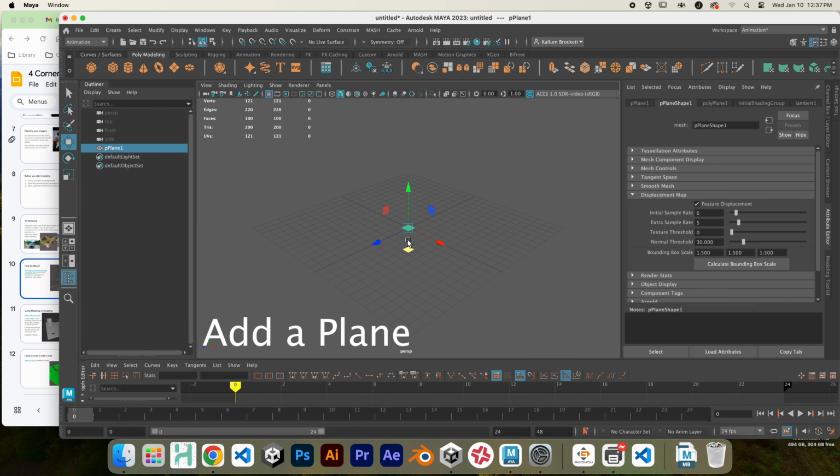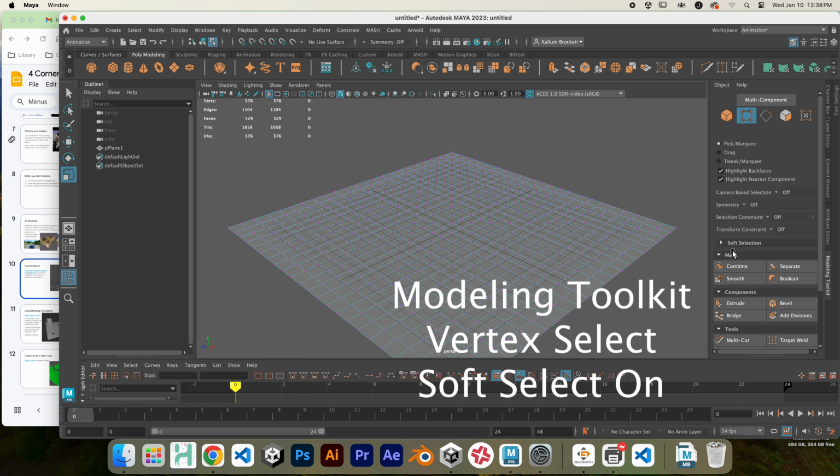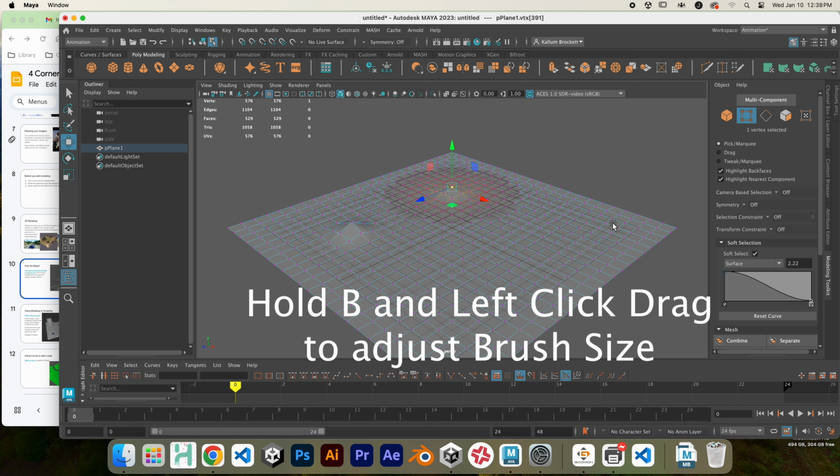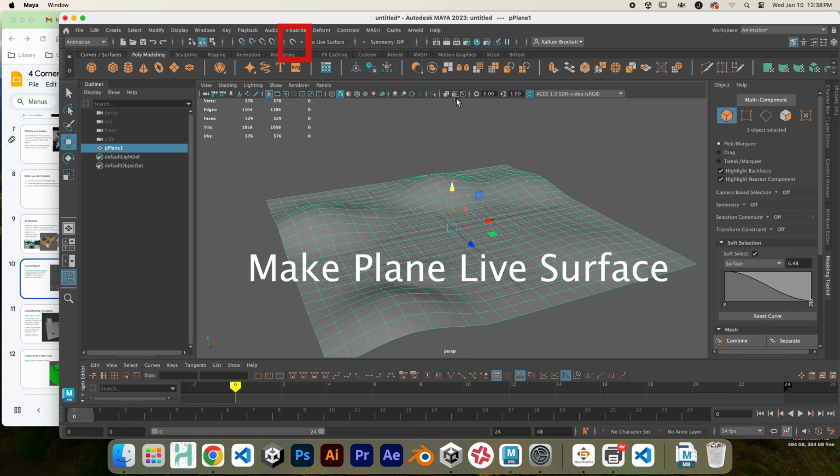In this video, I'm going to walk you through making your environments for your four corners animation. So here you can see I've added a plane. I've increased the resolution by adding subdivisions in the attribute editor. And now I'm making some hills. This is going to be my snowy scene. So nothing needs to be too sharp or